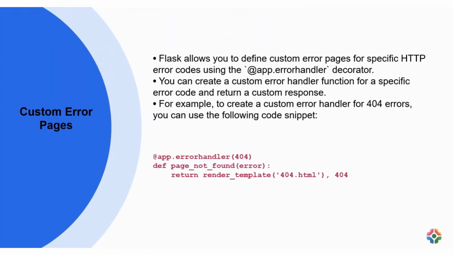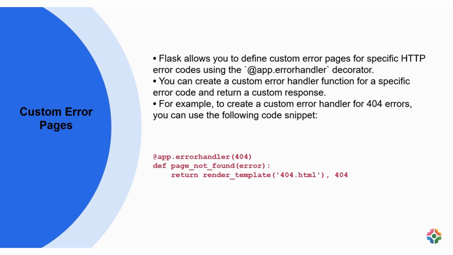Flask enables defining custom error pages for specific HTTP error codes by leveraging the @app.errorhandler decorator. This allows for the creation of custom error handler functions designed to respond to particular error codes with specialized content. An illustration of this involves developing a custom error handler for 404 errors. By incorporating the provided code snippet,